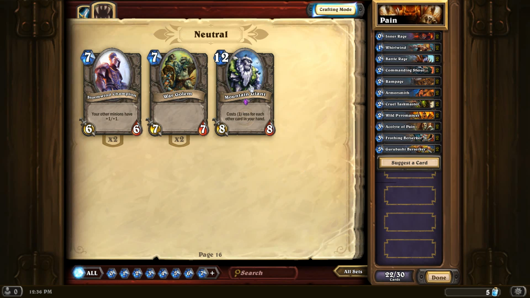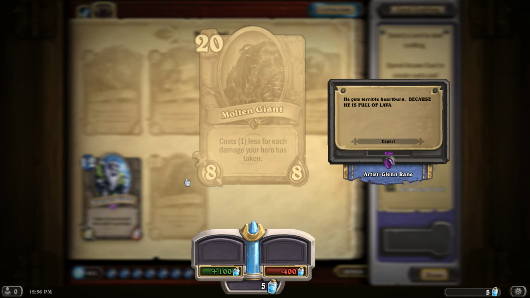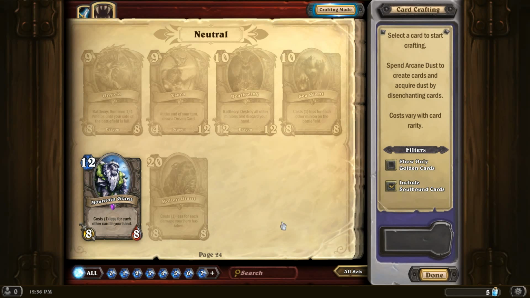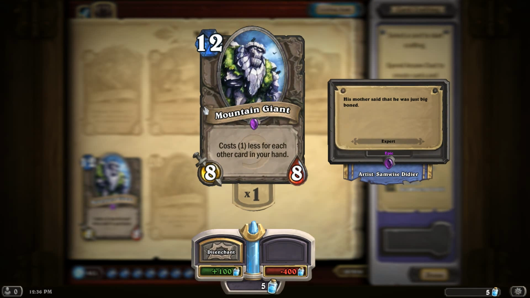Oh, because I'm not in crafting mode, that's why, okay. Right, so Molten Giant is a really popular deck right now. It's a one-turn kill deck, because you basically let yourself get damaged a lot, and then you just throw the Molten Giant down and swing. We could do something similar with the Mountain Giant in this deck, because